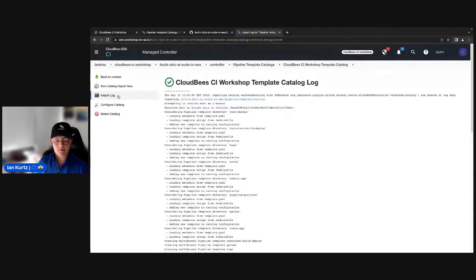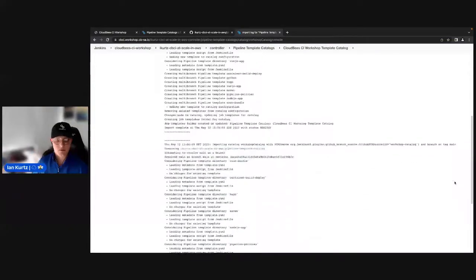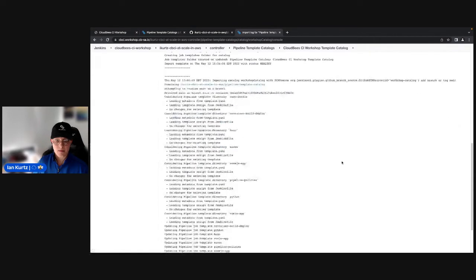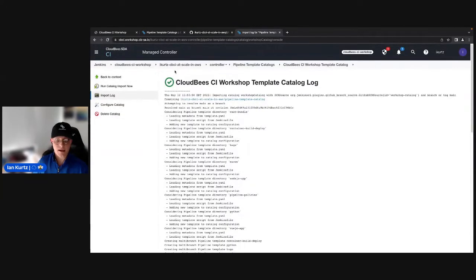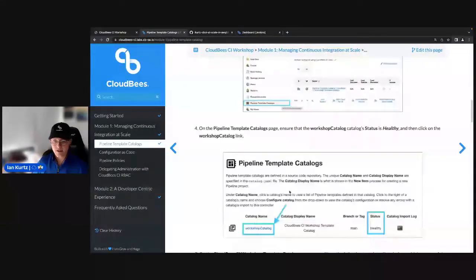And we know that if we visit the import log, we're looking good. It was able to connect to my source code repository, and we have a healthy catalog up and running on this controller. Now, going back to the instructions,